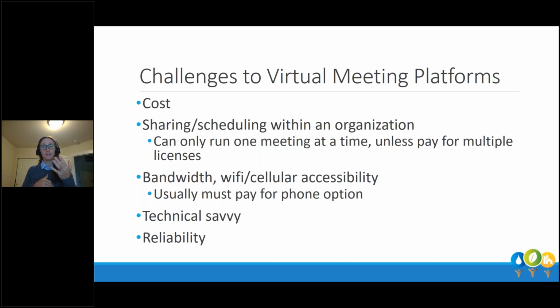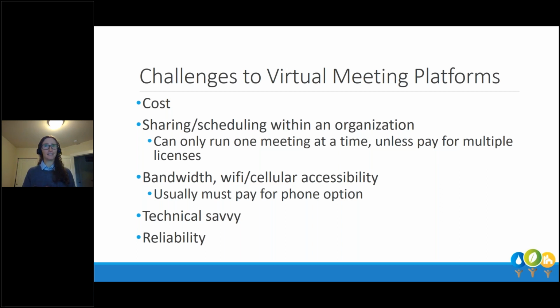Perhaps it really is for the features that you can get for how much you're going to use one of these. Sharing, scheduling within an organization, that's also a tough one. I know that we all try to buy one license and share it with the whole office because it's cost effective and it usually works for us. Oftentimes what that means with most of these meeting platforms is that you can only have one meeting running at a time. That really may not be a big deal for a smaller organization or one that's well organized, but occasionally it can be a problem when you get folks who want overlapping meetings or who really need to use that platform. So that's one of the bigger challenges when you're trying to limit the cost and limit the number of licenses you have to have, is that kind of overlap of sharing.